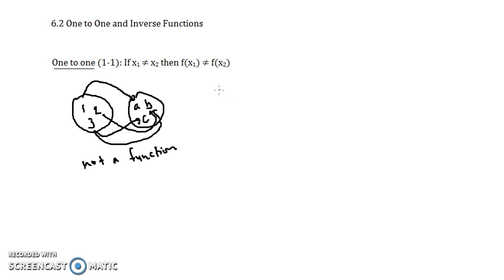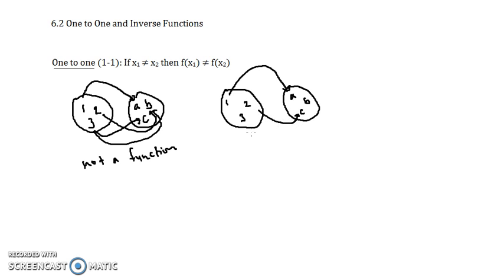Okay, so when we looked at things that were a function, they worked like we would want a multiple choice test to work. So we could have 1, 2, 3, A, B, C. Maybe 1 had answer A, and 2 had answer C, and maybe 3 had answer A, and that was still okay because all of our questions had just one answer. So this is a function, but this is not one-to-one. For one-to-one, if we have different x values, then the y values cannot be the same either. Here, 1 and 3 are different x values, but they go to the same